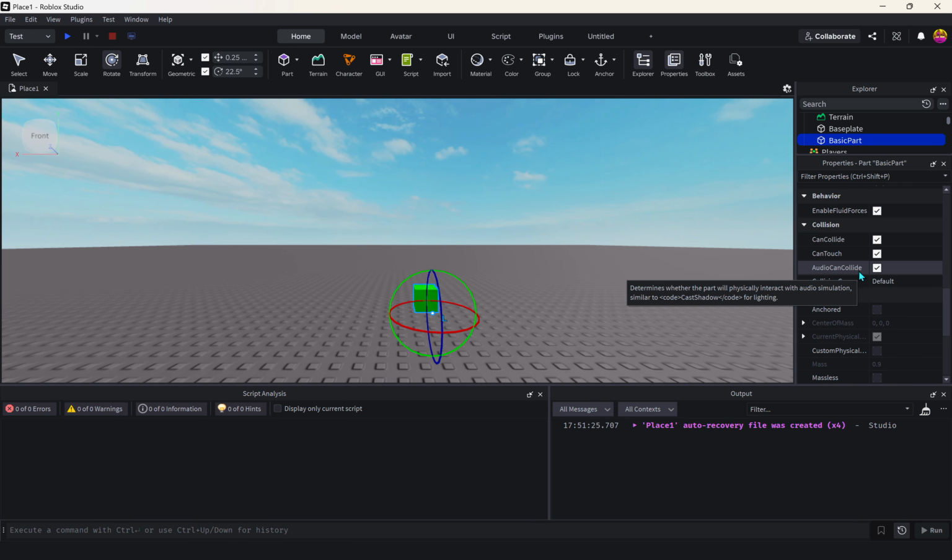Audio can collide. Yeah, I didn't really know, but it says it determines whether the part can physically interact with the object. Collision group, this shouldn't be changed at all. But yeah, okay, anchored. This means